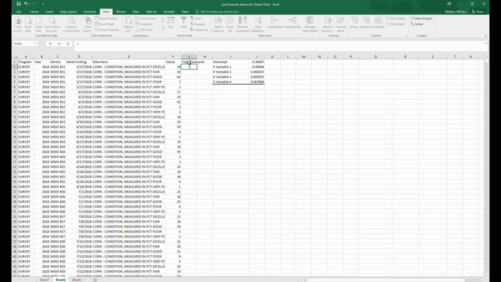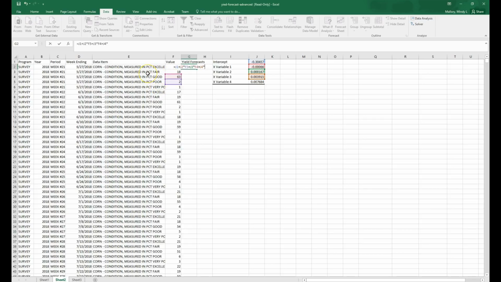So it's going to be equals our intercept plus, and we're not using very poor, we start out with the poor category. So variable 1 is that times our poor variable plus the second variable times our good variable plus variable 3 times our